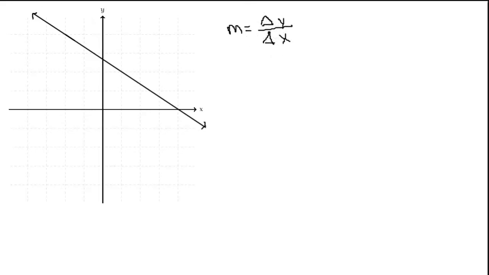Okay, so let's do what we did before, where we picked 2 points on the line. So I'm going to pick this point here and this point here. So we want to find out how much this line is going up and down, that's change in y, and then how much is going left to right. So we want to go from here to here. So up and down, this line's going 2 spaces down between these 2 points, 1, 2, and then my change in y, it's going down 2, so I'm going to write that as -2,